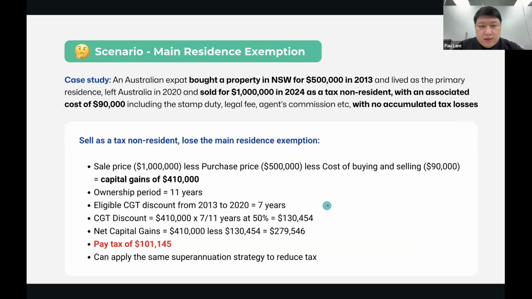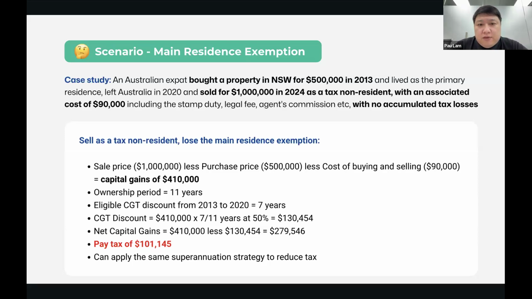Okay, so another example, this is the one that I mentioned, the main residence exemptions. Generally speaking, if this is your main residence in Australia, that should be exempt from capital gains tax because everyone can have one property to be their main residence, to be their PPOR, and they pay no tax on that property. However, with this rule change in 2020, ATO is removing this exemption for those selling as a non-resident